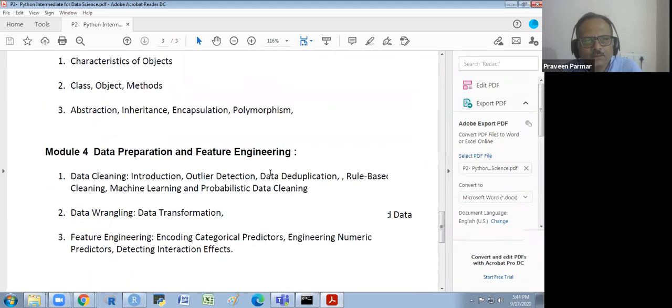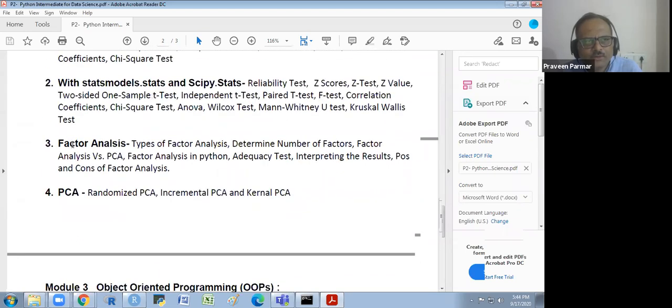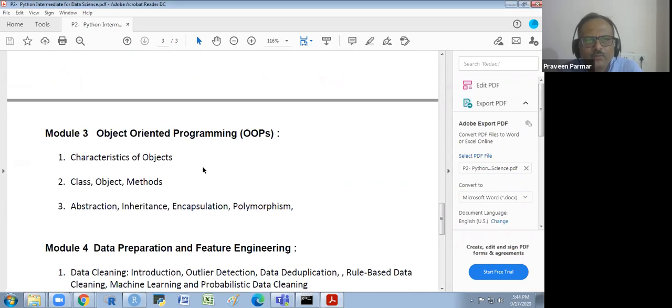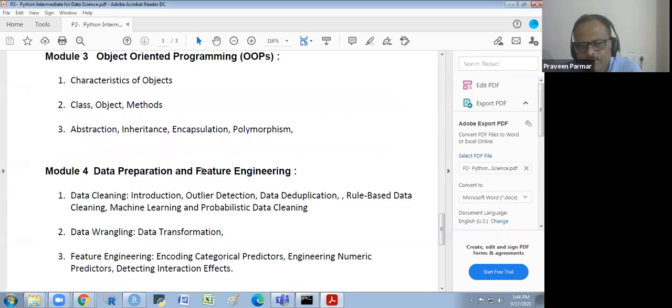And then the data preparation and something remains here, the factor analysis and PCA. So I think today we cover this factor analysis and tomorrow we cover the PCA, and the day after tomorrow we cover our data preparation and feature engineering. Okay, so it is Thursday, Friday and Saturday. We'll finish up to Saturday.